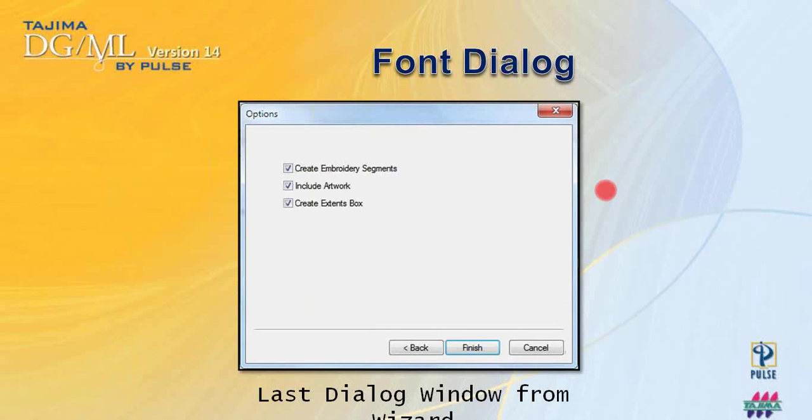This screenshot shows us the last dialog of the wizard, and this is where you can select how DGML will convert the TrueType font into an embroidery font. So looking at the first selection here, create embroidery segments. This one, I recommend you to switch it off. I never use this one